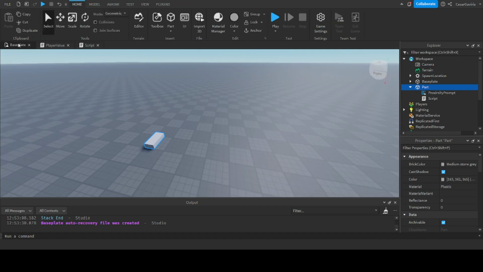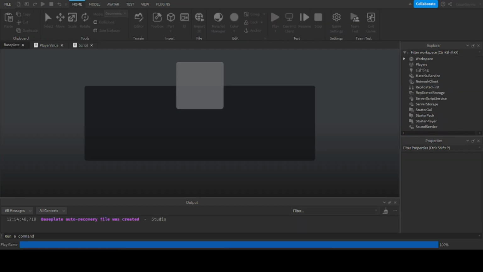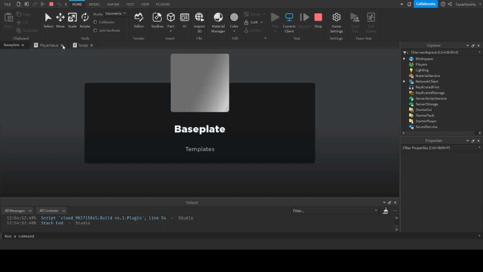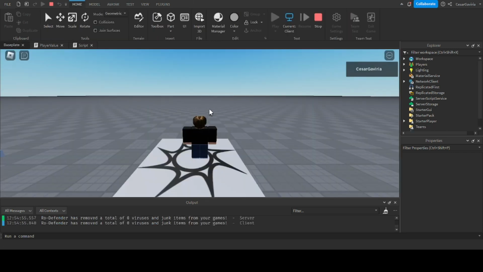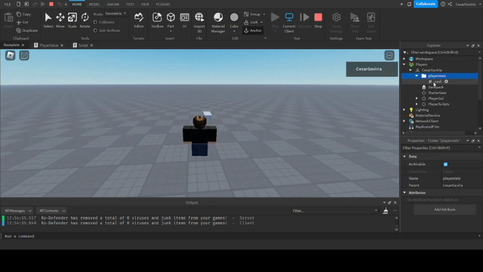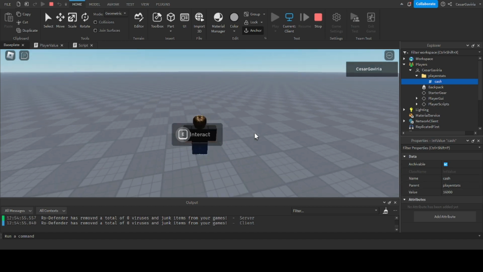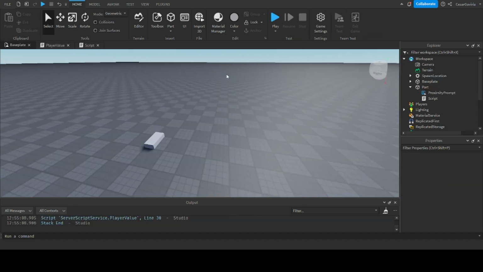And so once we do that, we can check to see if it will give us money when we trigger the proximity prompt. So here we go. Let's open up our value to see, and it's at 15,000. Now it's at 16, 17, 18, 19, and 20. So we're going to stop. We're going to go back to our